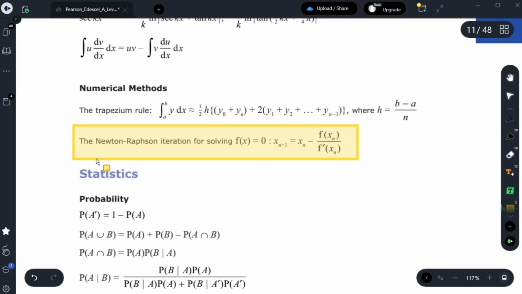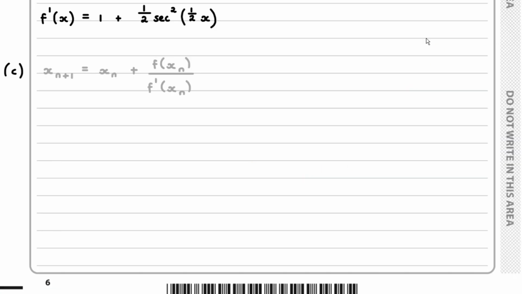Highlighted in yellow is the formula for the Newton-Raphson iteration for solving f of x equals 0. And that is shown here. Now we know x0 is equal to 3.7. That's our first approximation. So for our next approximation,